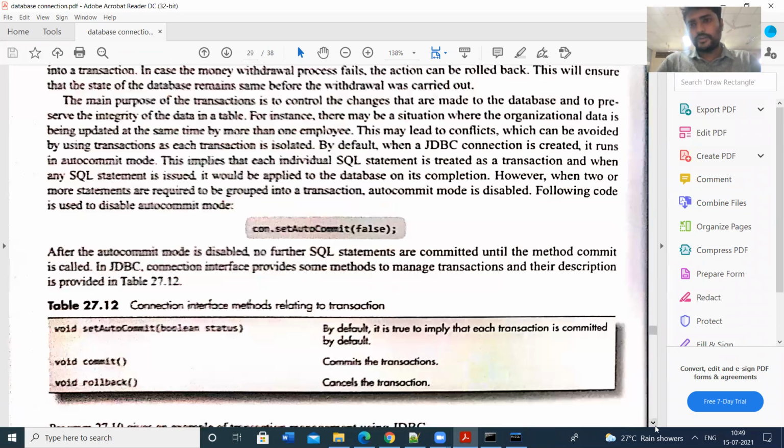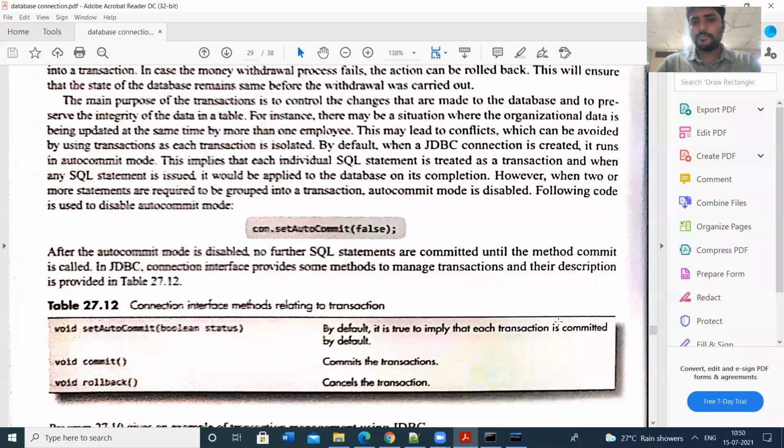To maintain the concurrency, we use the commit and rollback statements. I think you know the commit and rollback statements. By default, the commit is set to true.